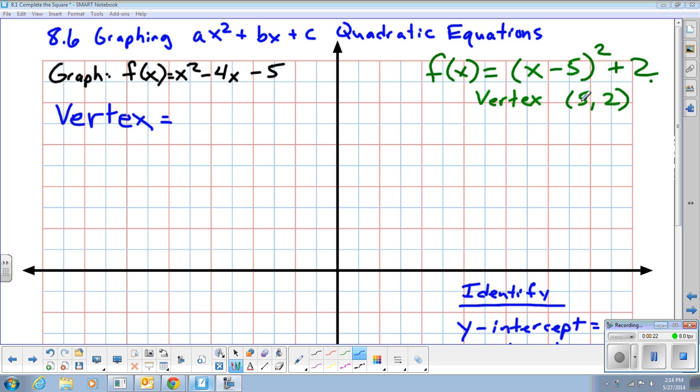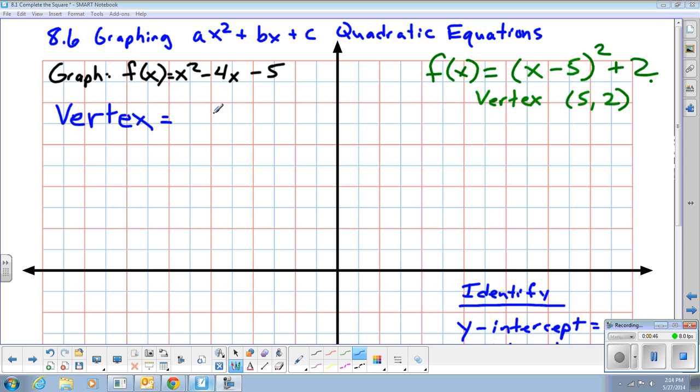and we determined that it was really easy to find the vertex by figuring out what number I put in for x that causes the inside of the parentheses to equal 0, and that would be my x coordinate of my vertex, and then the number on the outside ends up being my y coordinate of my vertex. And so it's pretty quick to find that this would be 5 and 2. Well, when we have quadratic equations written in standard form like this, now we're going to take a look at